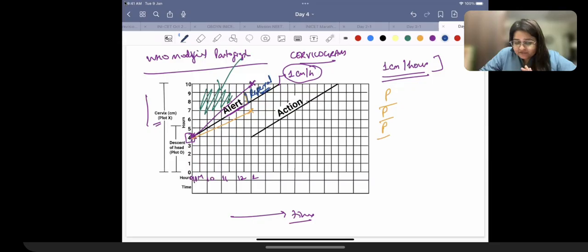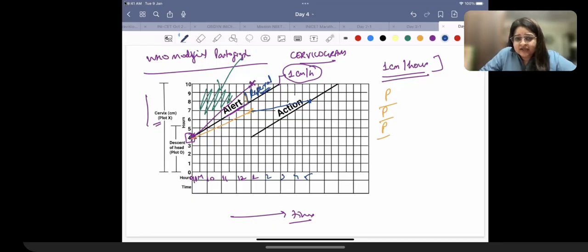Suppose after another 4 hours, suppose I checked everything, everything seemed fine, so I give her another 4 hours. So I check now at 2, 3, 4, 5. At 5 o'clock, I find she is only 8 centimeters. That means she is here. Okay. So now